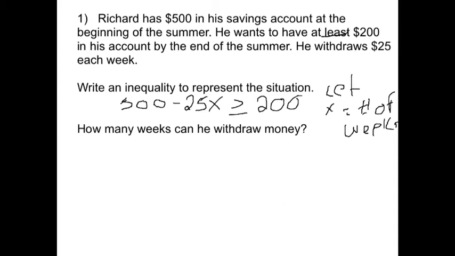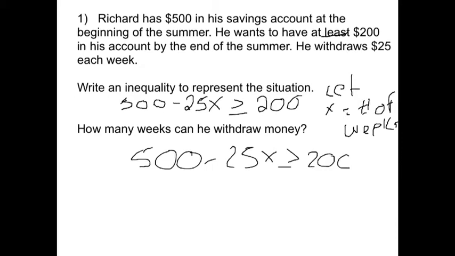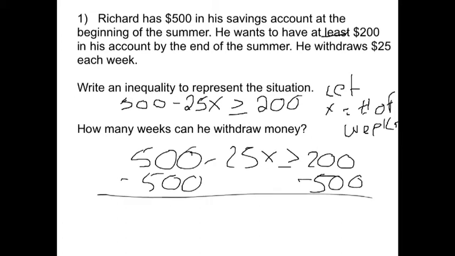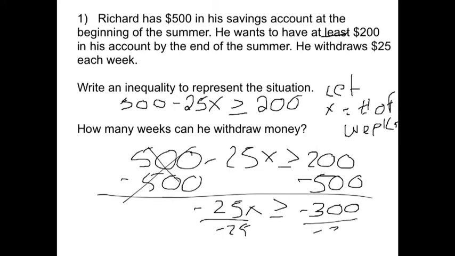So basically, you're going to solve this inequality the same way that you've solved every other inequality. You're going to subtract 500 from both sides. You're going to create a zero pair. You're going to get negative 25x is greater than or equal to negative 300. And you're going to sit there and go, okay, so now it appears that I am dividing by a negative. Okay, so I need to make sure that I flip the symbol, and I should get x is less than or equal to 12, which should make sense to you right now because the most that he can do, the most